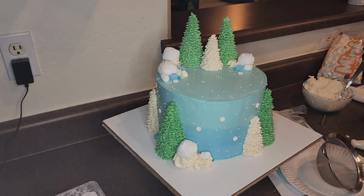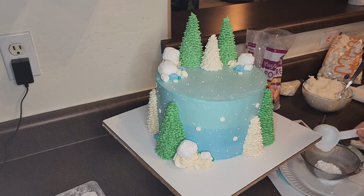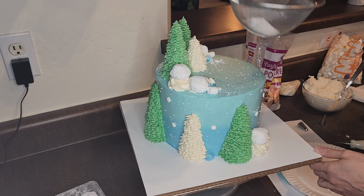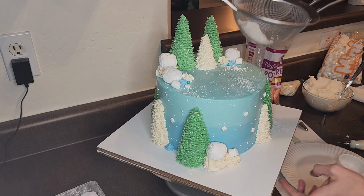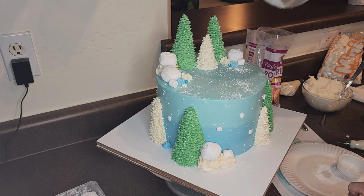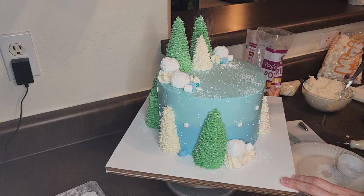And now that I'm done with that, I'm going to use a little bit more powdered sugar in a mesh strainer, and I'm just going to shake a little bit of powdered sugar all over the top of our cake, just to add some more snow to our cake, into the treetops. And once I've added my powdered sugar, I just took some ribbon that I got from Walmart